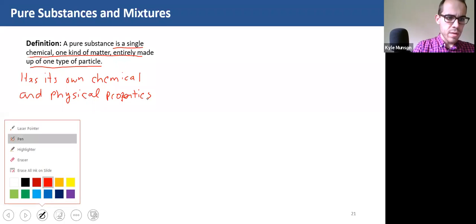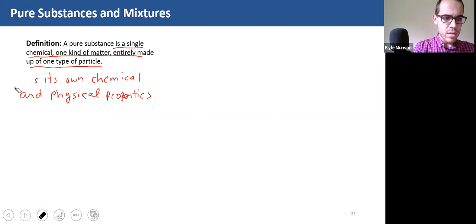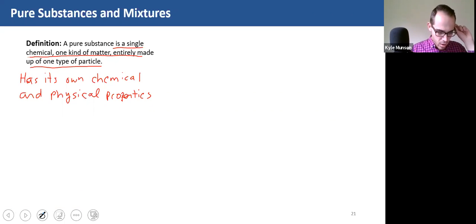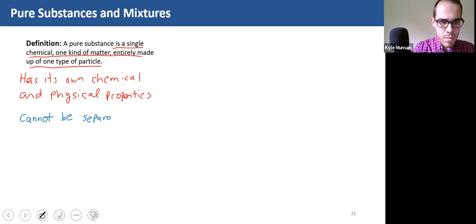So let me try to fix some of this handwriting. Still getting used to tablet writing. That's not any better. Okay, I'm just going to give up with that. So it has its own chemical and physical properties, but also it cannot, oh my goodness. By physical,